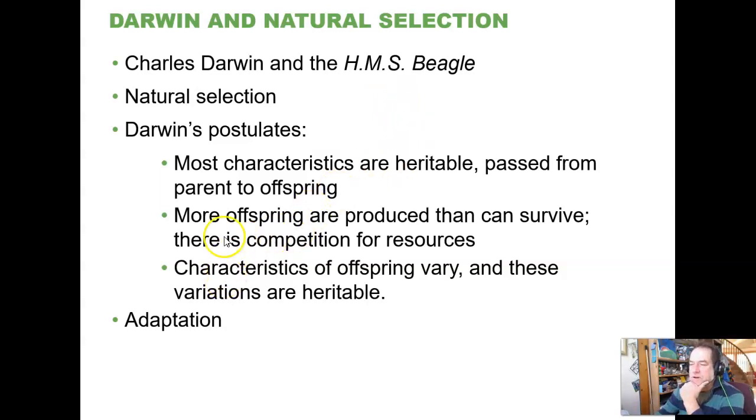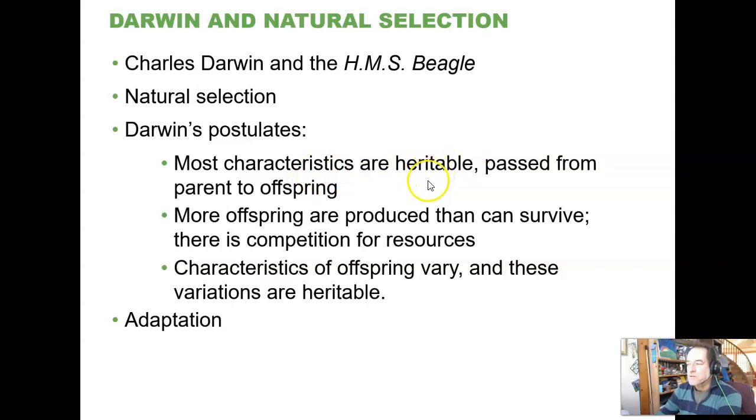So the main ideas right here are, what he observed and, may hopefully seem fairly straightforward to us today. Most characteristics are heritable. So in other words, the phenotype, the thing that you look at when you look at an organism, or oftentimes far more important, the biochemical characteristics, what versions of digestive proteins they produced, what kind of immune proteins they produce, how well they metabolize this particular sugar, whatever it may be, all the various proteins that are the result of expression of genes, all of that